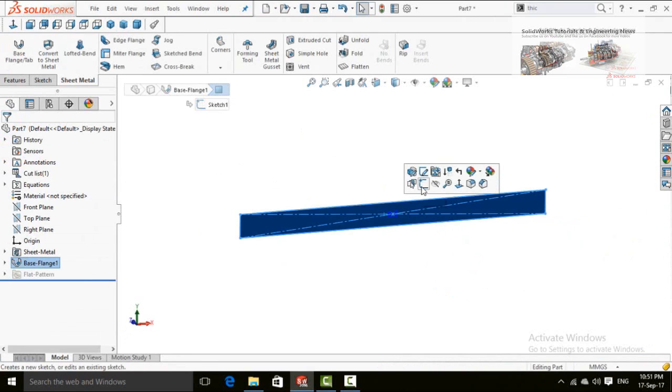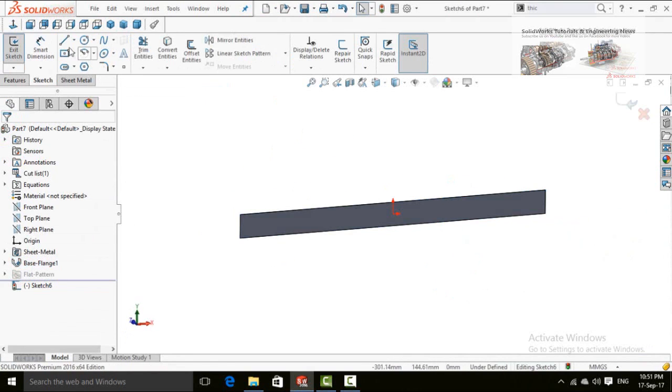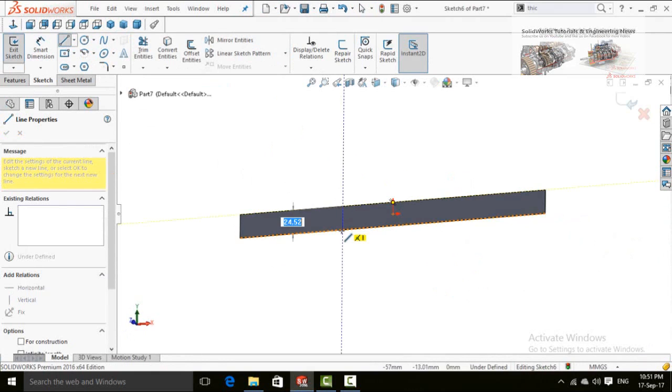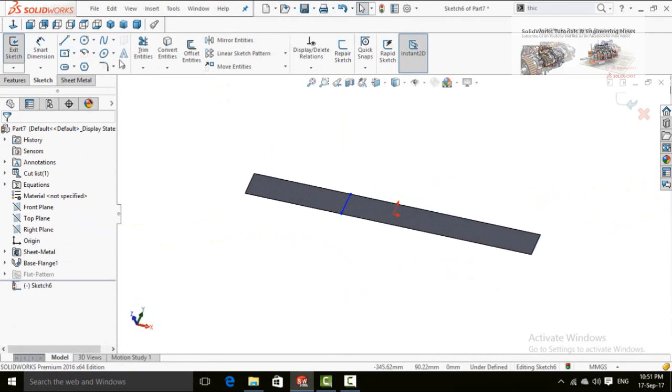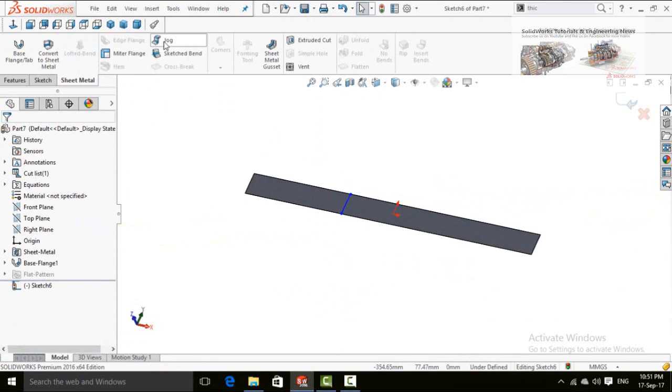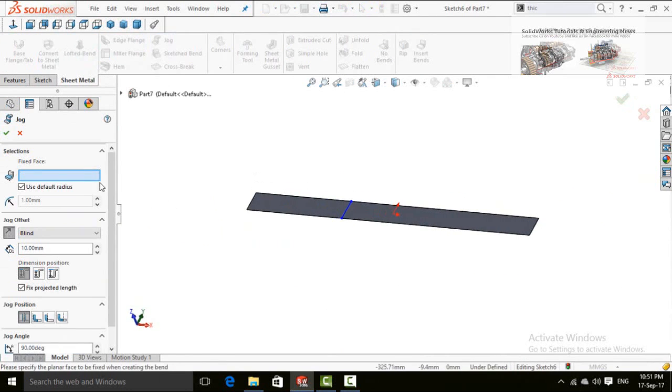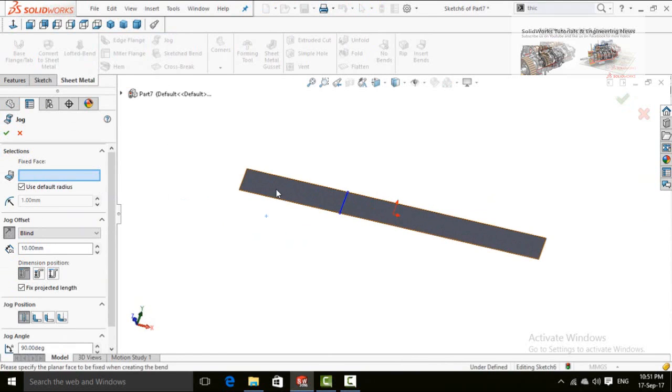Now sketch on this face, draw a line, select jog command. First of all, it will ask you about fixed faces. So this is our fixed face.